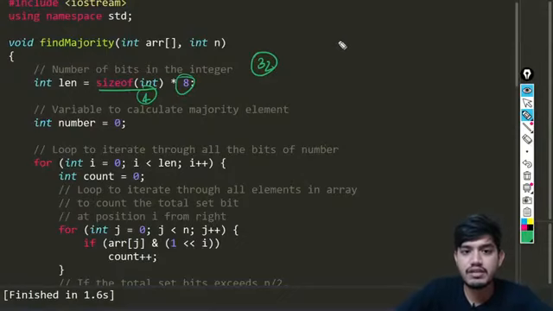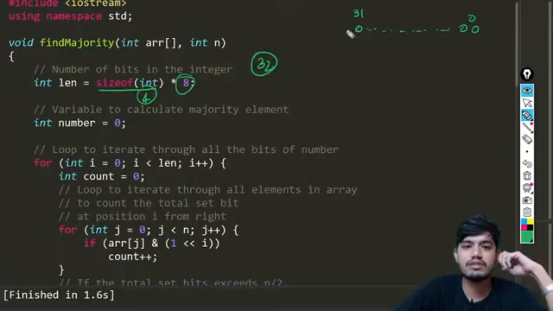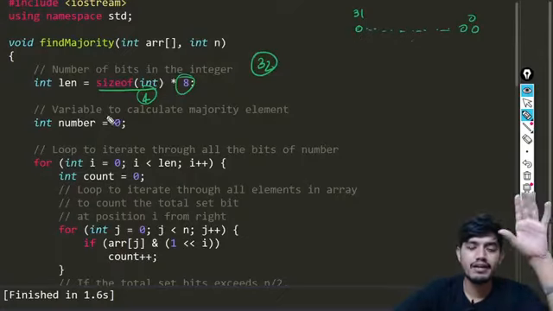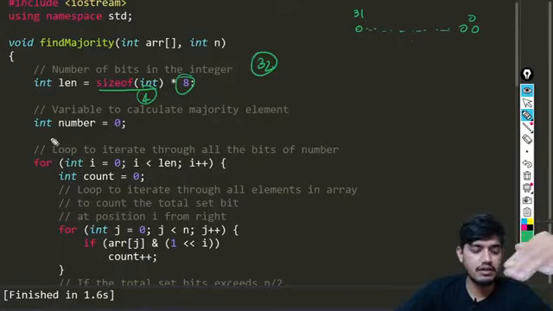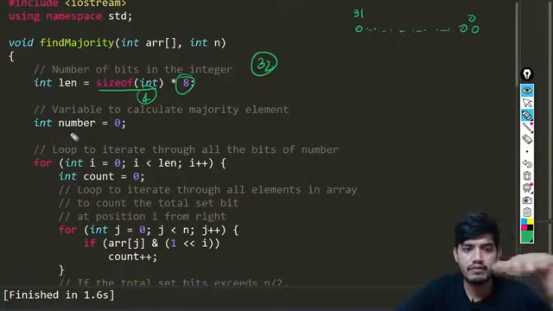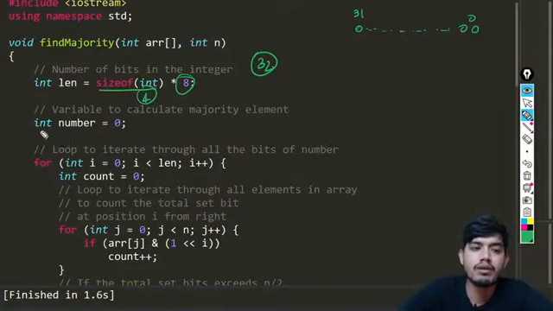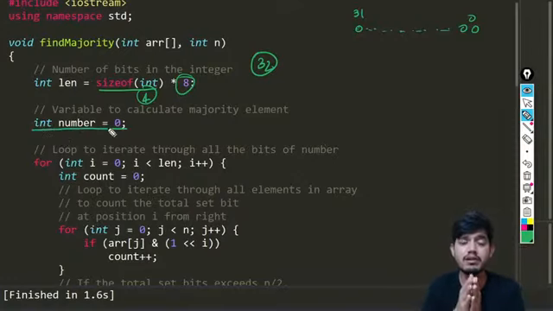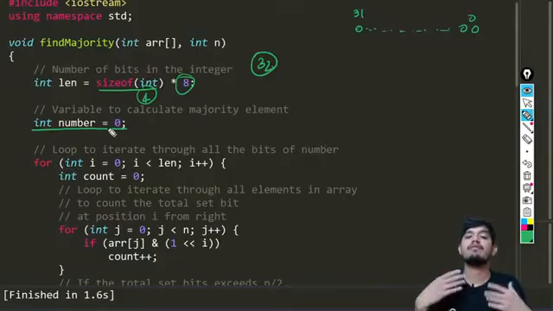Okay, so for integer it is going to be 32 bits, so it will be starting from here, and it is going to be from 0 to 31 positions, checking each and every bit. Okay, so this is what we are going to be checking for each and every number. If you're not getting what I'm trying to say, please listen on, I'm sure you will come to know when I explain this problem. So first thing is I'm going to be making that number. So what is this number? This is the number which we will be constructing.